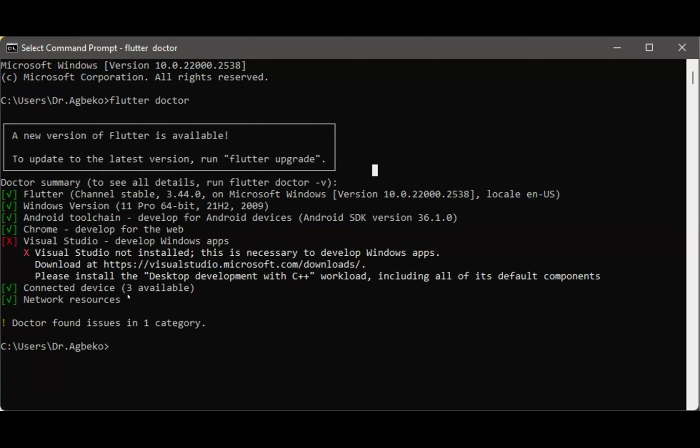Now let's create a project. How do we create a project, or how do we start coding in VS Code? If you want to create a project or you want to code, this is what you do. I'm going to create a project for you people. Which name should I use? I have suggested a name.